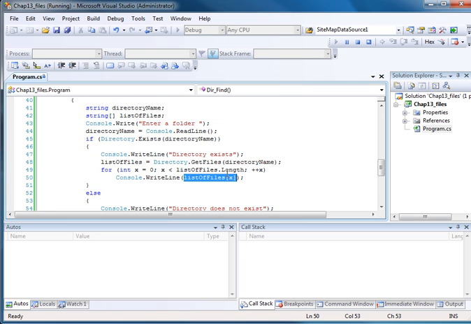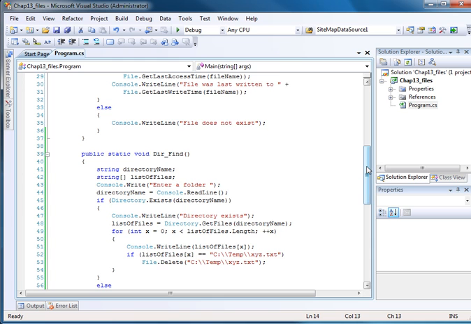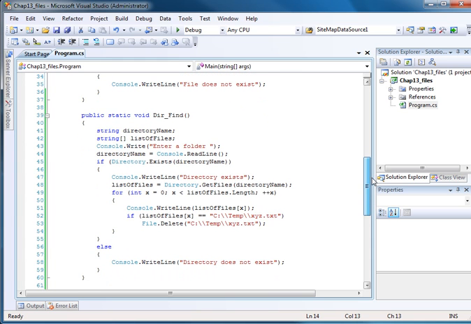Okay, pretty basic, huh? One last thing I want to show you. I made some changes to the code here. This is on our directory. So how about if on our directory we have the same thing. We go ask to find the directory name. So you type in the directory name, and after you type in the directory name, check to see if it exists,